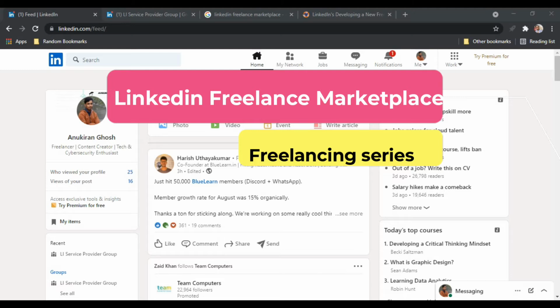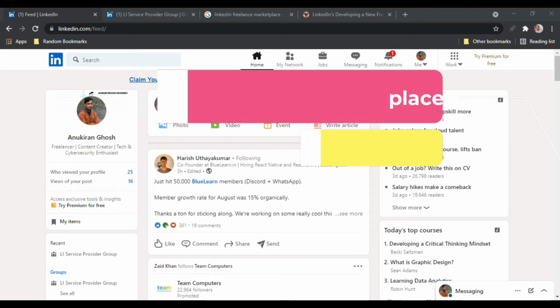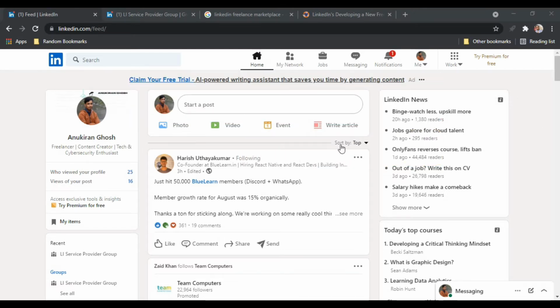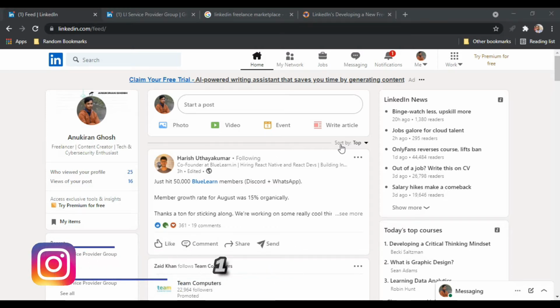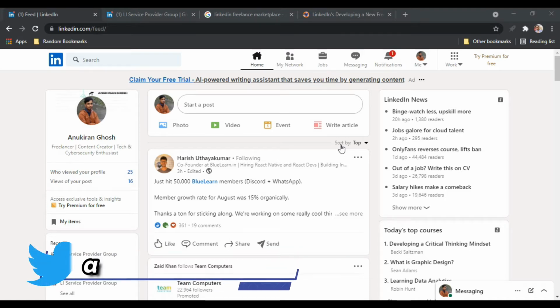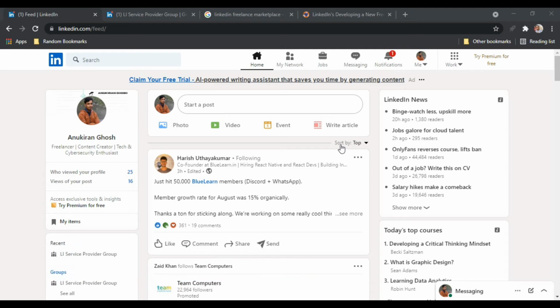So LinkedIn is a professional networking platform where people come and hire people, recruit people, and also people can search for jobs and internships. So basically people from different professions create a profile here to showcase their work and their experience, and you can find founders, HR managers, hiring managers, and different professionals. So basically, in simple words, LinkedIn is a professional networking platform.